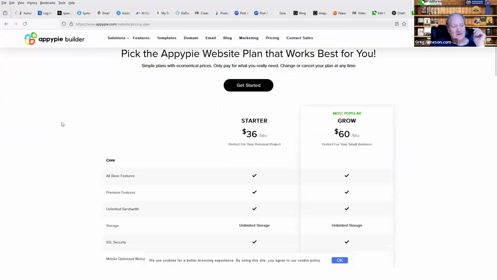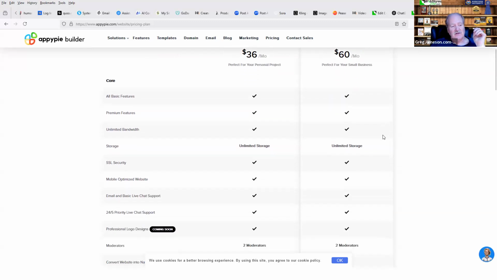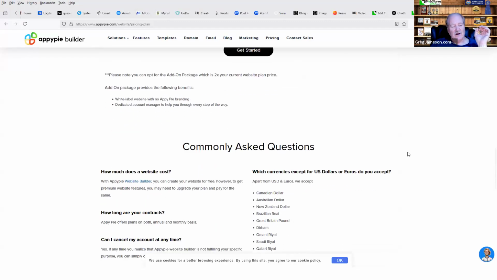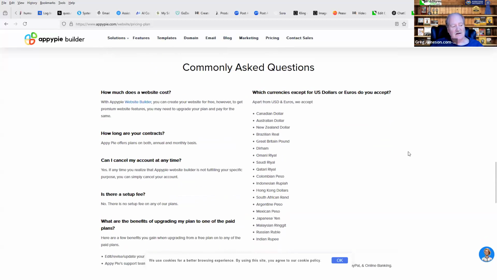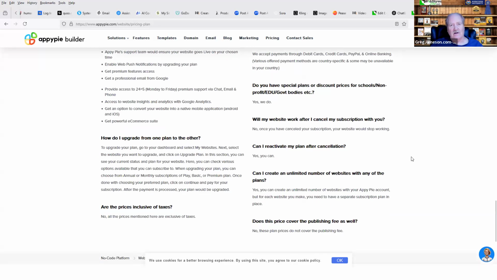So, you know, you're looking at $36 to $60 a month plus what it costs to actually have your app on the iOS store or the Google Play Store. So like I said, it is going to cost some money to have an app, but there are people that have made good money by creating apps, and now AI will help you do that.